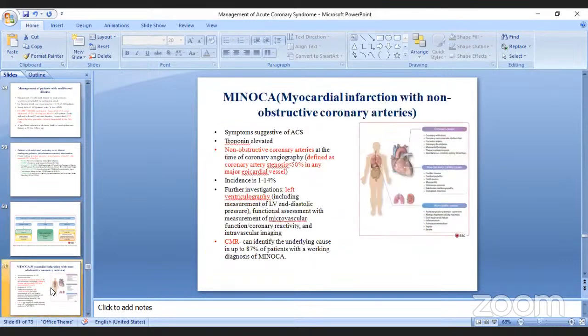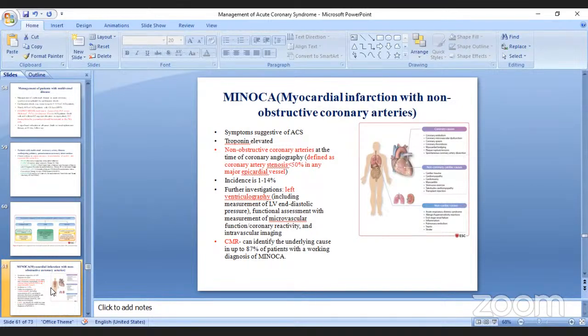What is MINOCA? MINOCA is myocardial infarction with non-obstructive coronary arteries. These patients tend to present with symptoms suggestive of ACS. The troponin is elevated, but on angiography, the coronary artery stenosis is less than 50% in any major epicardial vessel. The incidence is between 1 to 14%, and various causes can be there for MINOCA to occur, such as